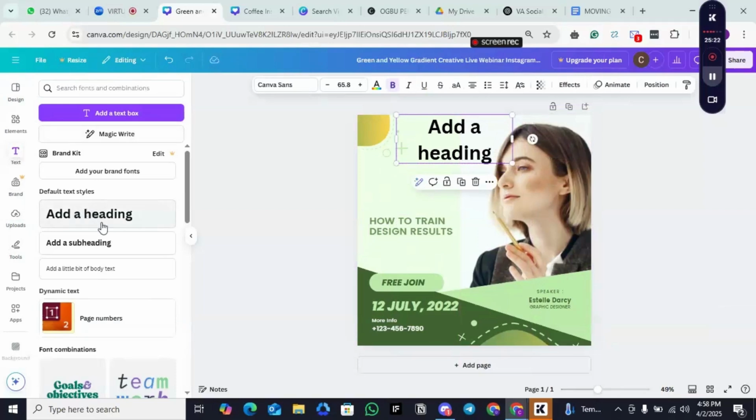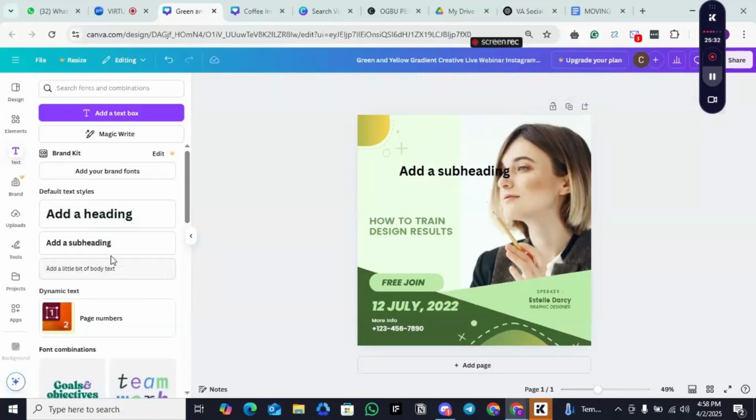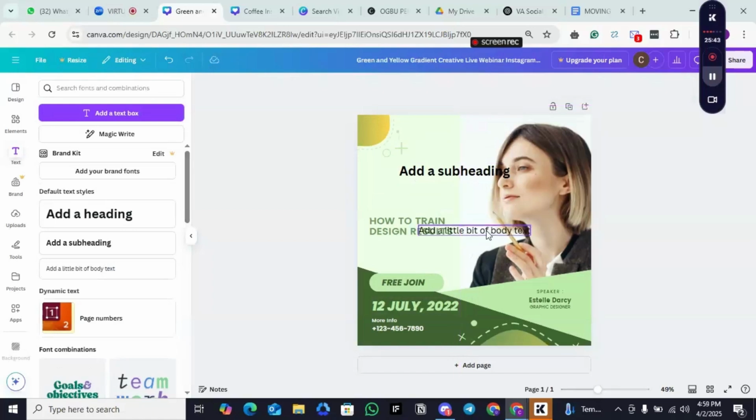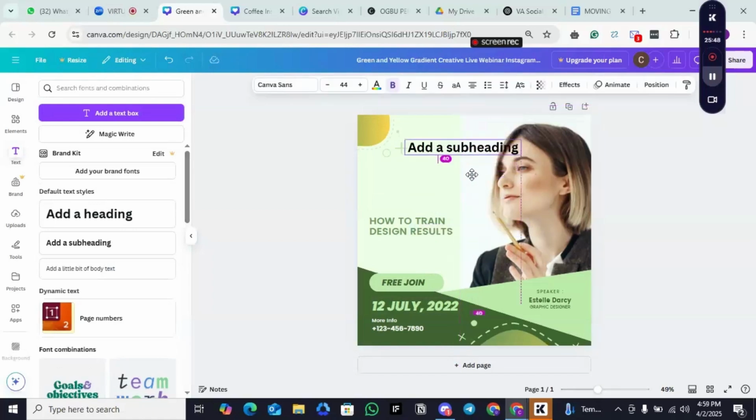Now you can click on add a heading. You can click on add a subheading. I even prefer add a subheading because this heading is quite big, and I want to delete it. I'm just going to click on it and click on delete. You can click on add a little body text. You can click on any of this and write down what you want to. But I think I want to make use of add a heading. So I'll click on that, and now I'm going to take it up here,